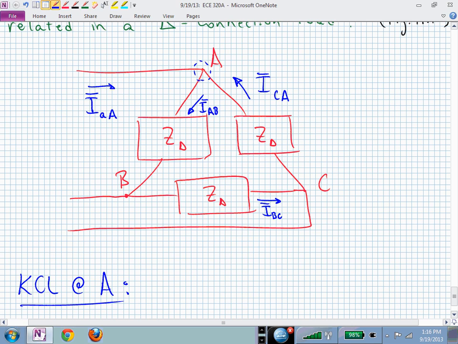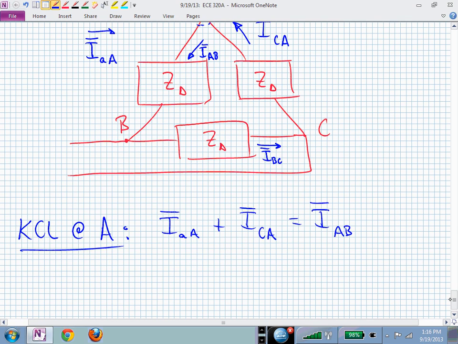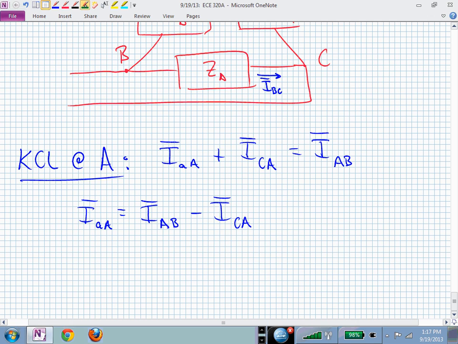It's not just magnitudes. We have to realize that we have I sub AA going in. We also have I sub CA going in, and that equals I sub AB leaving terminal A. Is that okay? That's KCL. Let's now solve that in terms of our line current I sub AA. I sub AA is now equal to I sub AB minus I sub CA. With our terminology,